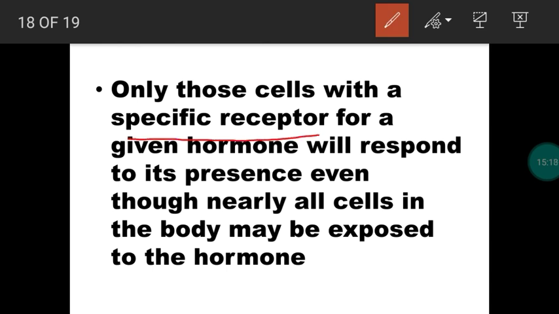Next, receptor is very important in a cell. Okay. So in the target cells, there should be a specific receptor. Then only it will respond to the hormones. So hormone is making some actions on the cells or induces some normal functioning in the cells. So for this, the cell has to respond. For a proper response, we need a specific receptor in the cells.